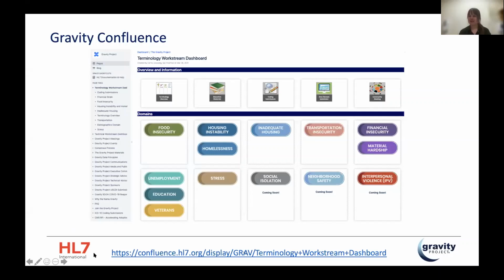You can see each domain has a button. Each button takes you to that data set that we're developing, and you can learn about where we are in that process, whether we have completed the data set and it's in build, whether we've completed it and it's been released. You can see every single data point regarding the data development in the Confluence. Just trying to find my button back, here we go.